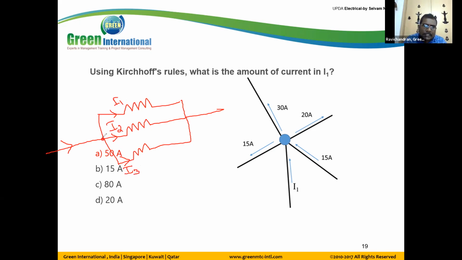So here it is a junction. What is the total current? The addition of these three numbers, because this is the node. Here the current enters, so current I is equal to I1 plus I2 plus I3. So Kirchhoff's current law means it is a parallel circuit. We can remember, Kirchhoff's current law always represents the parallel circuits.